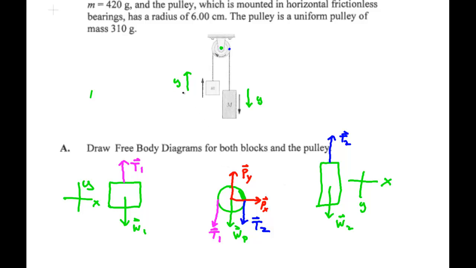So we're going to draw here a coordinate system. You can draw it to the side or you can draw it up, whichever way you want. I'll draw it to the side here. And here's an important thing. You need to link its motion. So when this object goes up and this object goes down and accelerates in the Y, this point on the rim, which is touching that rope, moves up. If this pulley does not slip, if that string doesn't slide across it, so we're assuming that it's rolling without slipping,